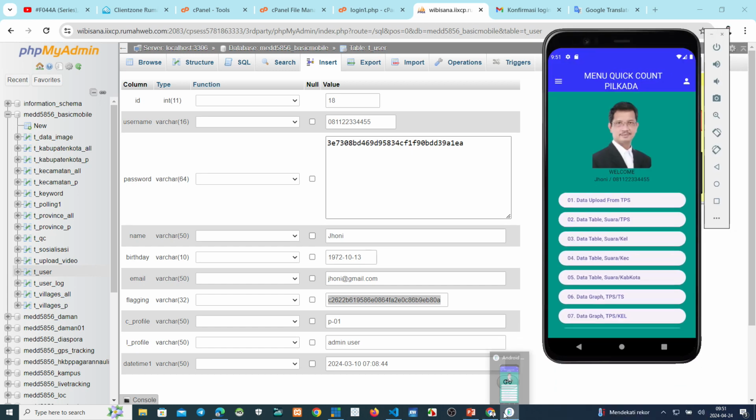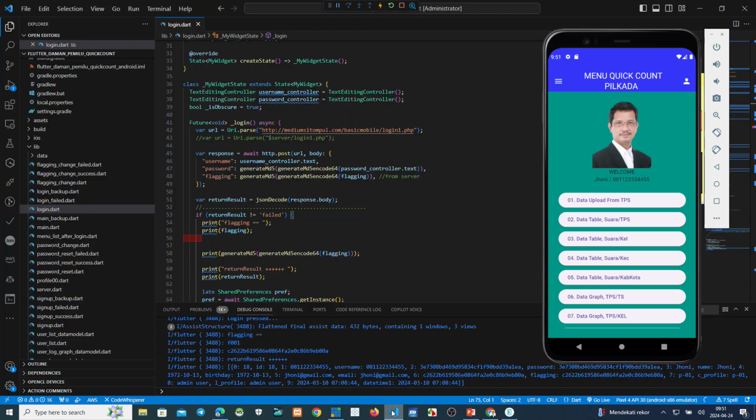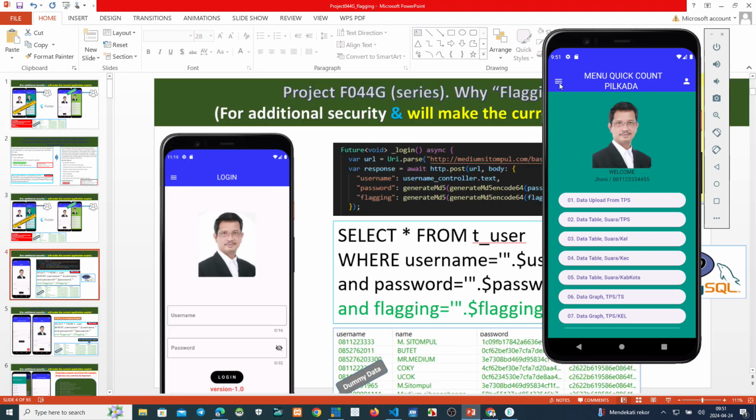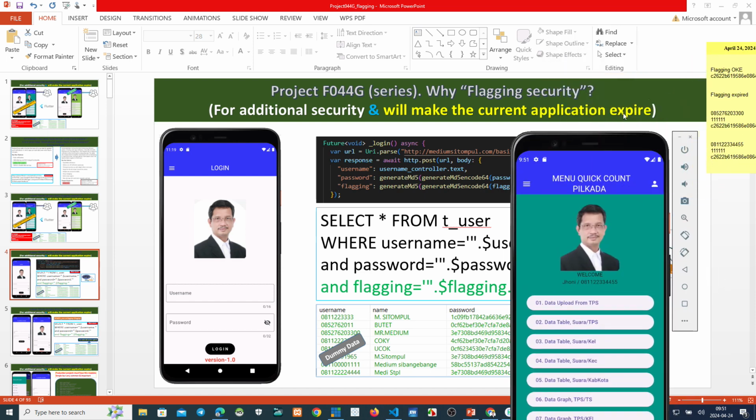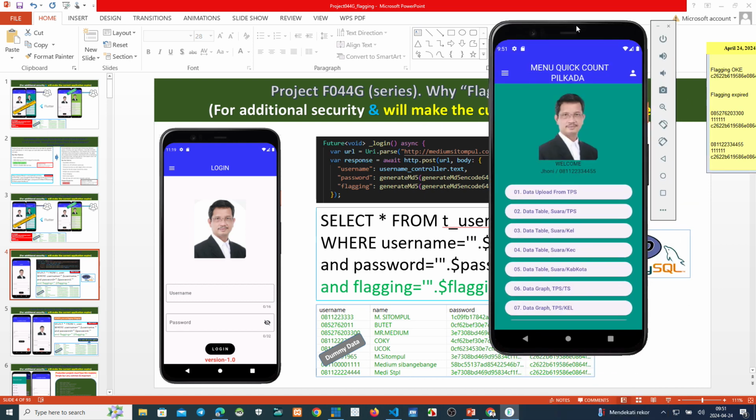After login, we want to make this current application expired. How to do that? How does the owner or the admin, not the user, make these apps expire?